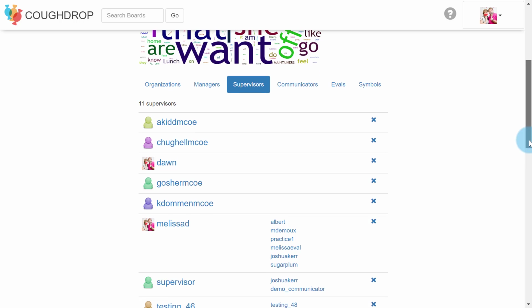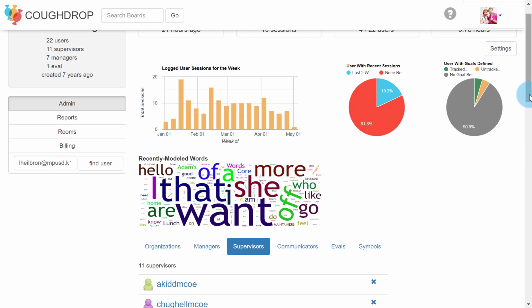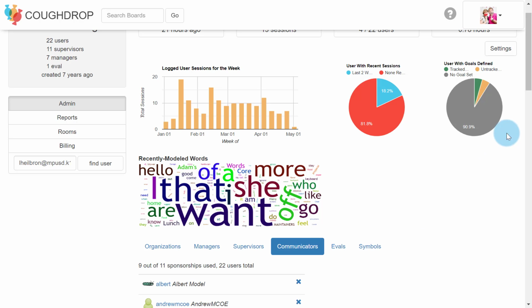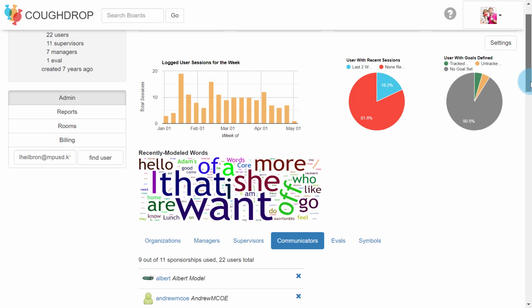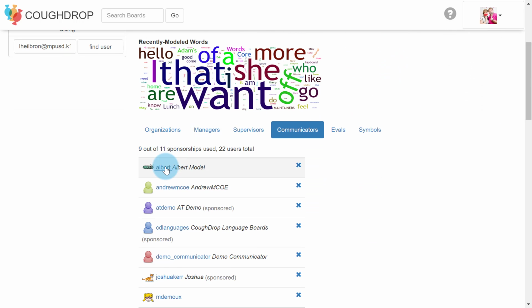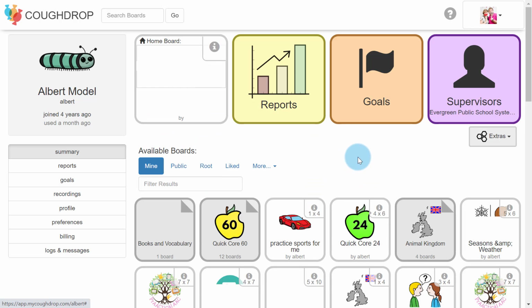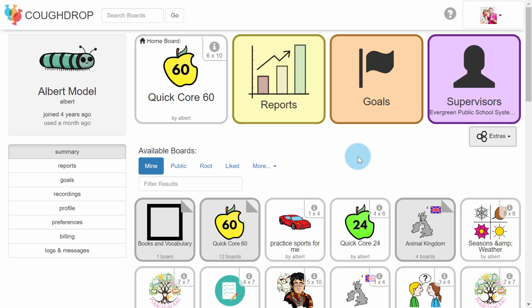These are all demonstration accounts, so don't feel like I'm compromising anybody's information, but you can also view some of the communicators within the group. Now, if you want to see specific information about a particular communicator, you can always click on their username, and that will bring you to their specific account page. And I know I'm on that student's account page because their account name and username are listed at the top